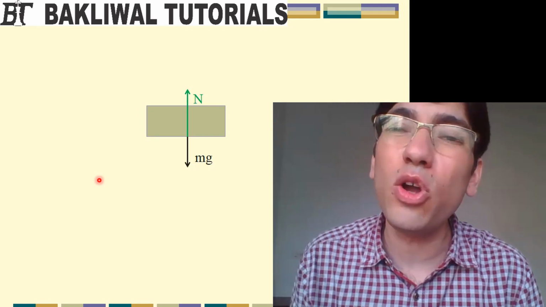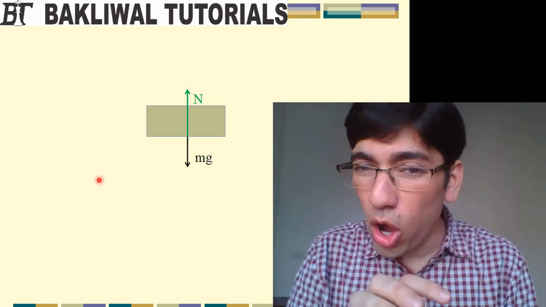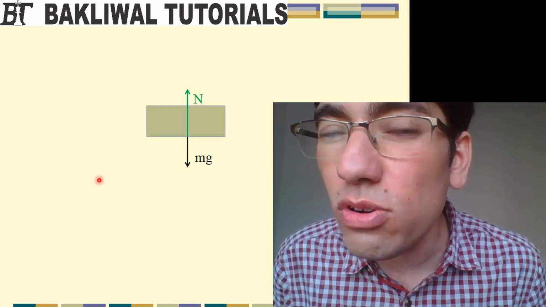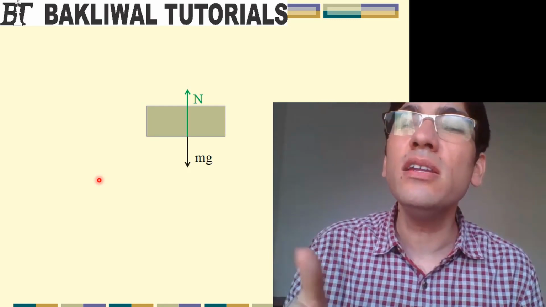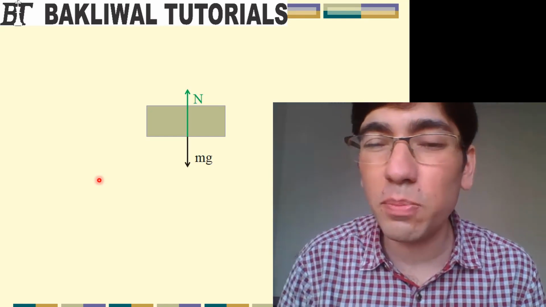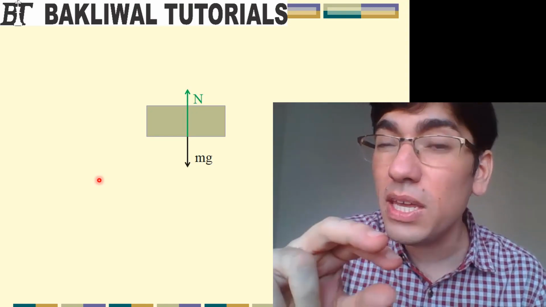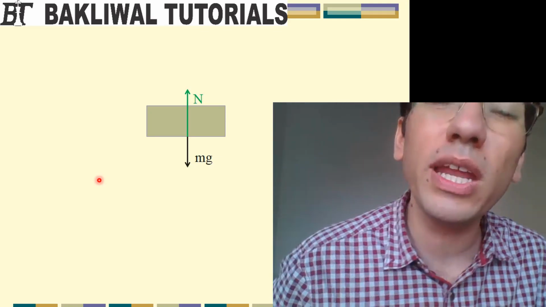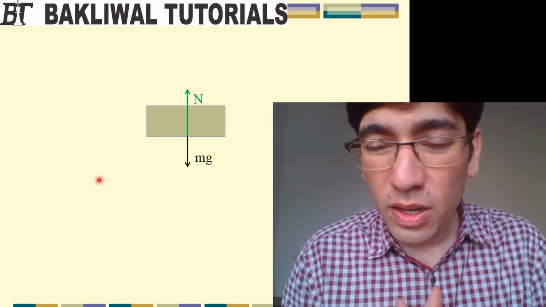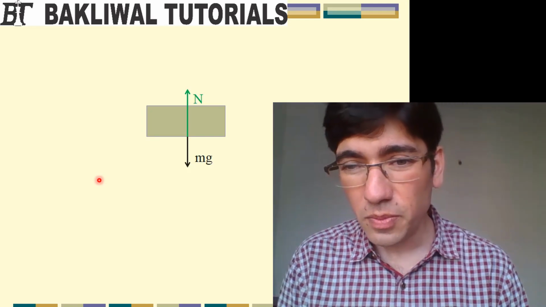Actually, any of the force can be called an action and its pair the reaction. The block presses the table with a force N. N is a kind of contact force, and the table in turn pushes the block upwards with a force N, and the two N's form an action and reaction pair. These two forces which are acting on the block, mg and normal, both being on the same body, just cannot form an action reaction pair. I hope you keep this small discussion in mind. And this is good enough an introduction for Newton's third law.